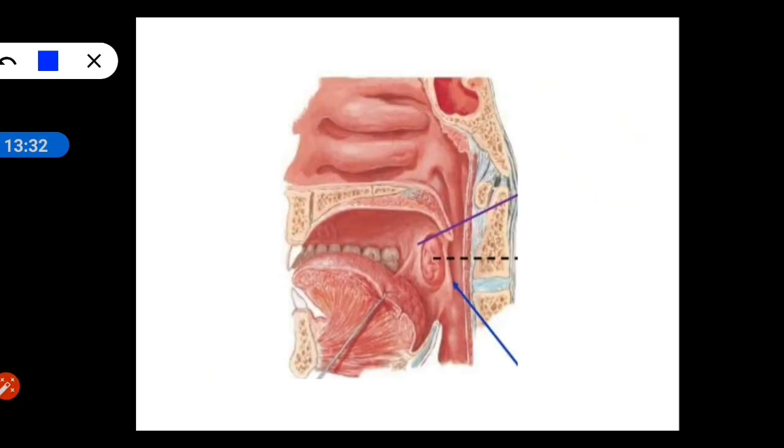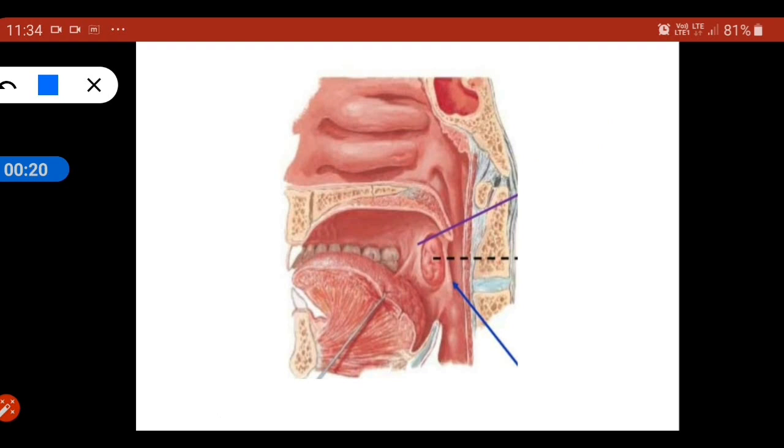It forms a fold called the palatoglossal fold or the palatoglossal arch, which is attached to the junction of the anterior 2/3 and the posterior 1/3 of the tongue. This palatoglossal arch will form the oropharyngeal isthmus. We will discuss the oropharyngeal isthmus. It is formed by the soft palate, the palatoglossal arch, and the dorsal